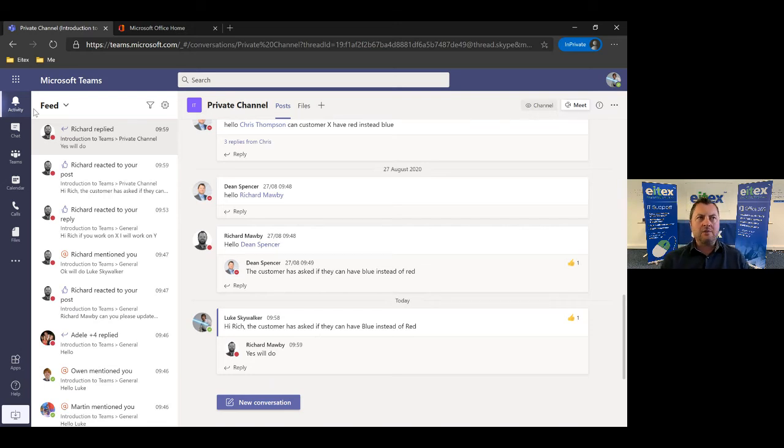And what that means is we can work from any location in the world. So long as we've got an internet connection, we can receive a phone call on our local 01924 telephone number, and we might be anywhere in the world, and that will come through to us. Likewise, we can make a telephone call out from home, and it will come from our works number. We don't have to use a personal mobile or anything like that. It's all on Teams. So if I click on calls here,